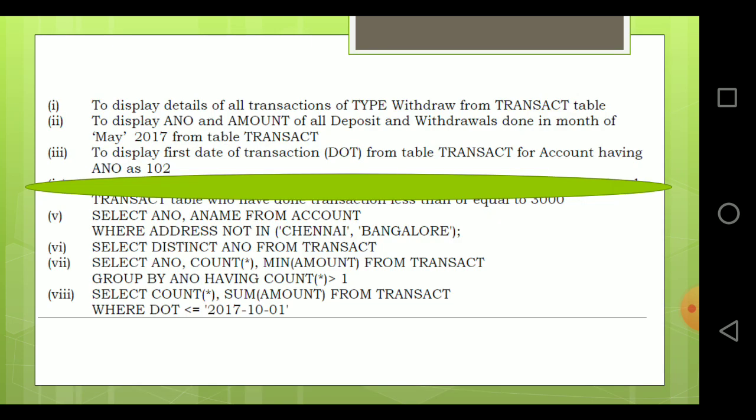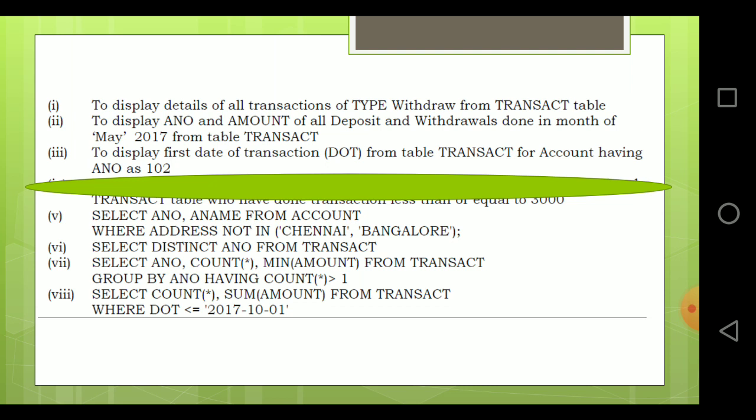Now next is select count star, sum amount from transact where date of transaction is less than 2017. That is a question on aggregate functions. They are asking for the count and the sum of amount from transact where date of transaction is less than 2017.